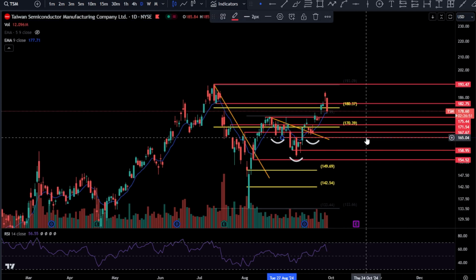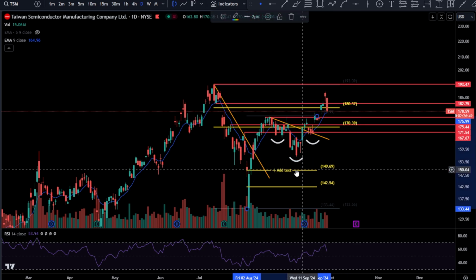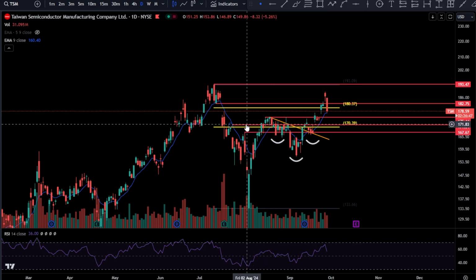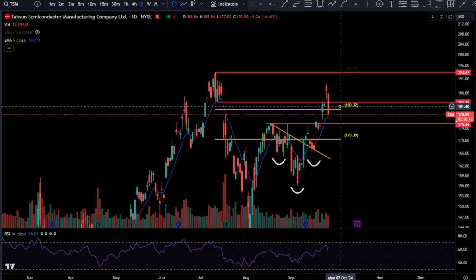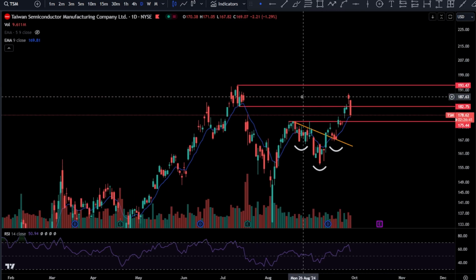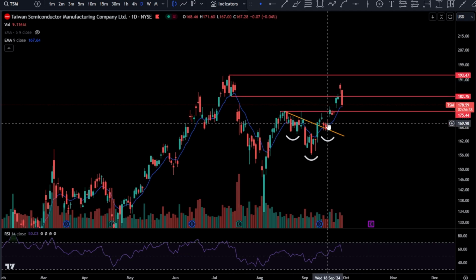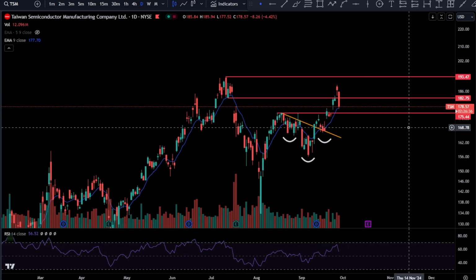I know we got a lot of lines, guys, but that is the inverse head and shoulders neckline, and that is something I think is probably going to be respected. We're going to take off literally everything besides that. You already got above the golden pocket, so we know you're probably going to have 100% retracement up there. I love it right here.